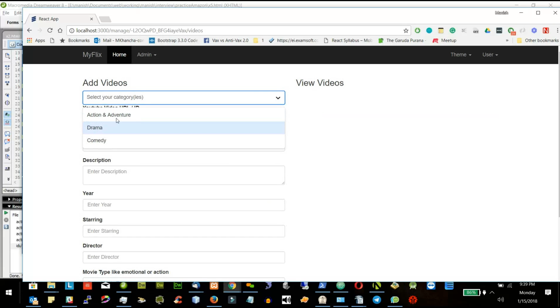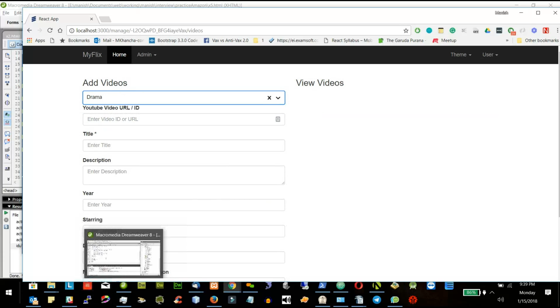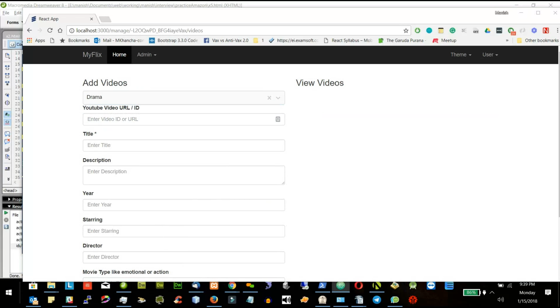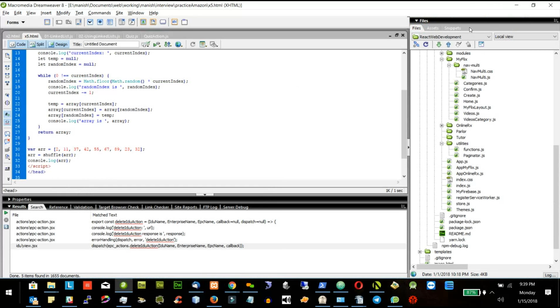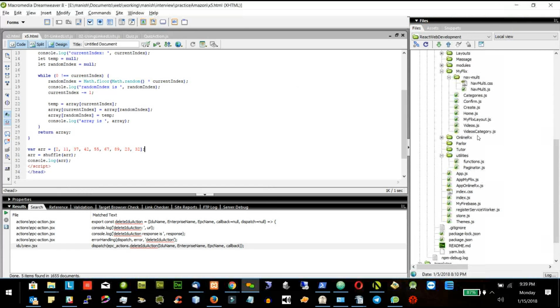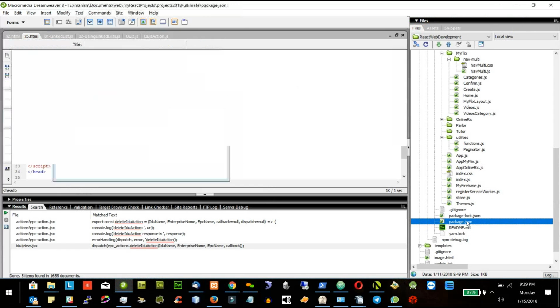So first thing is I need to see the subcategory also. And when I select it, it should be multiple select, and it's currently not working. So we need to fix that one. So let's go to the package.json and we'll see what's happening. So I'll go to package.json and